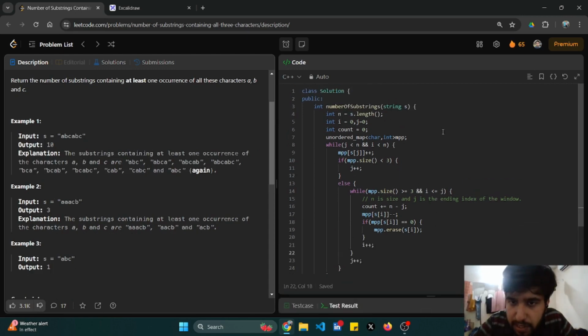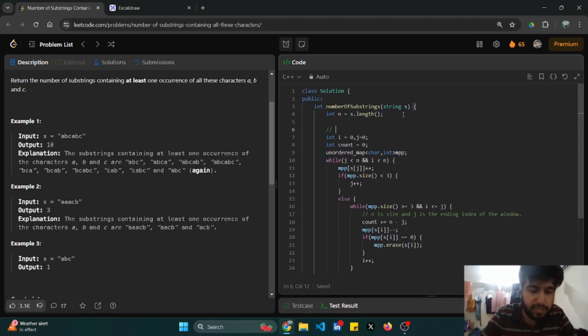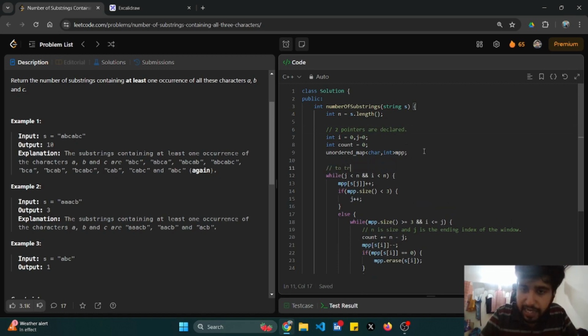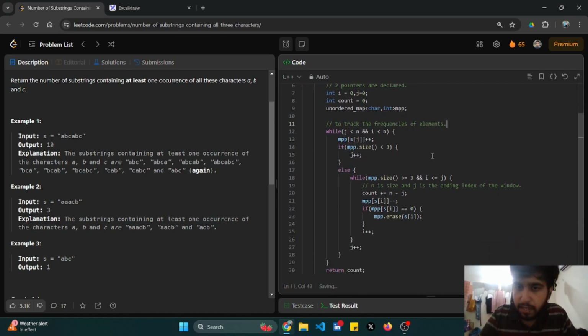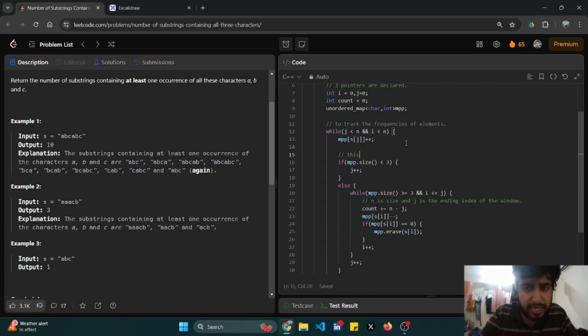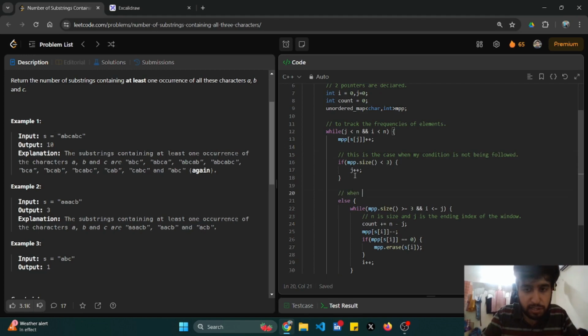What I'm doing is declaring the two pointers here, and the ending condition is being satisfied. A map is made to track the frequencies of elements. When I come here, this is the case when my condition is not being followed. And when my condition follows,